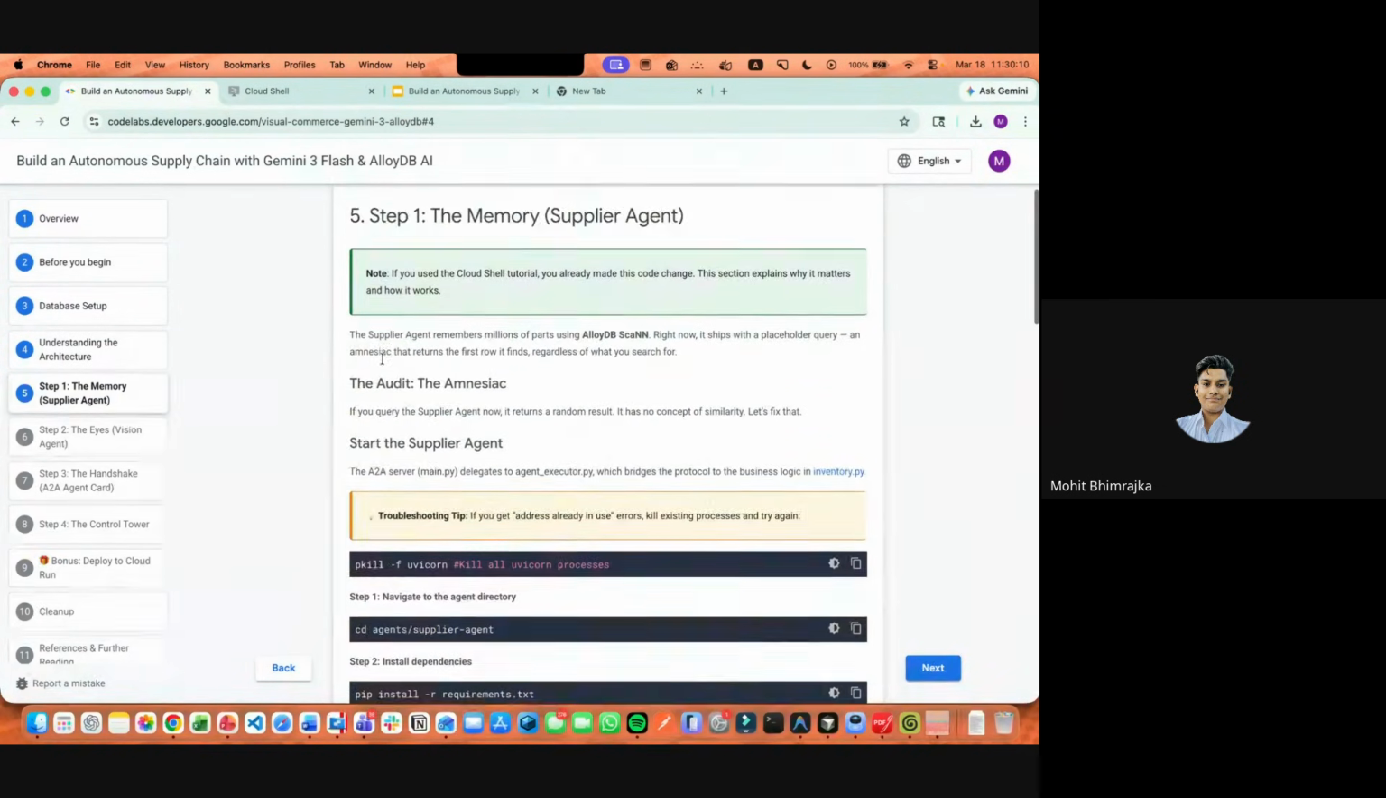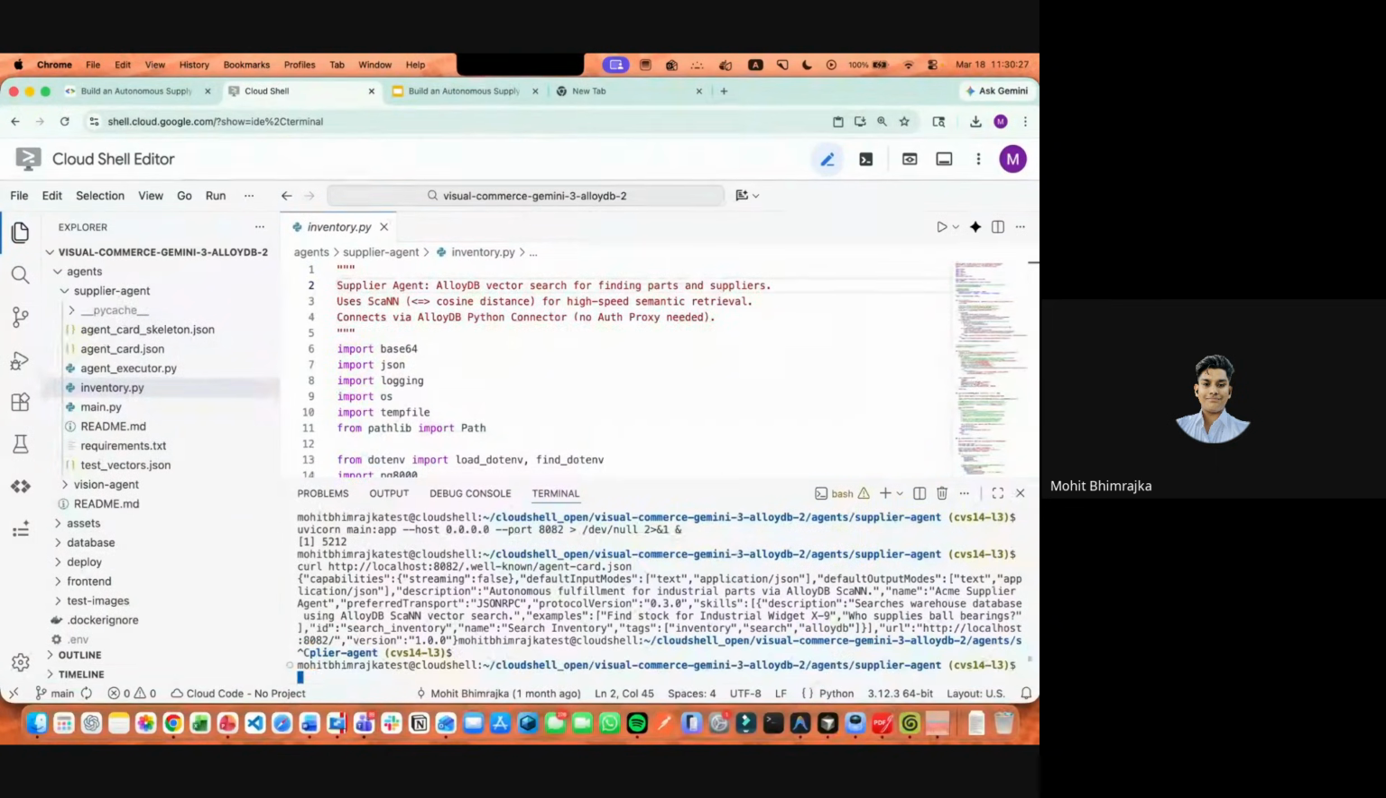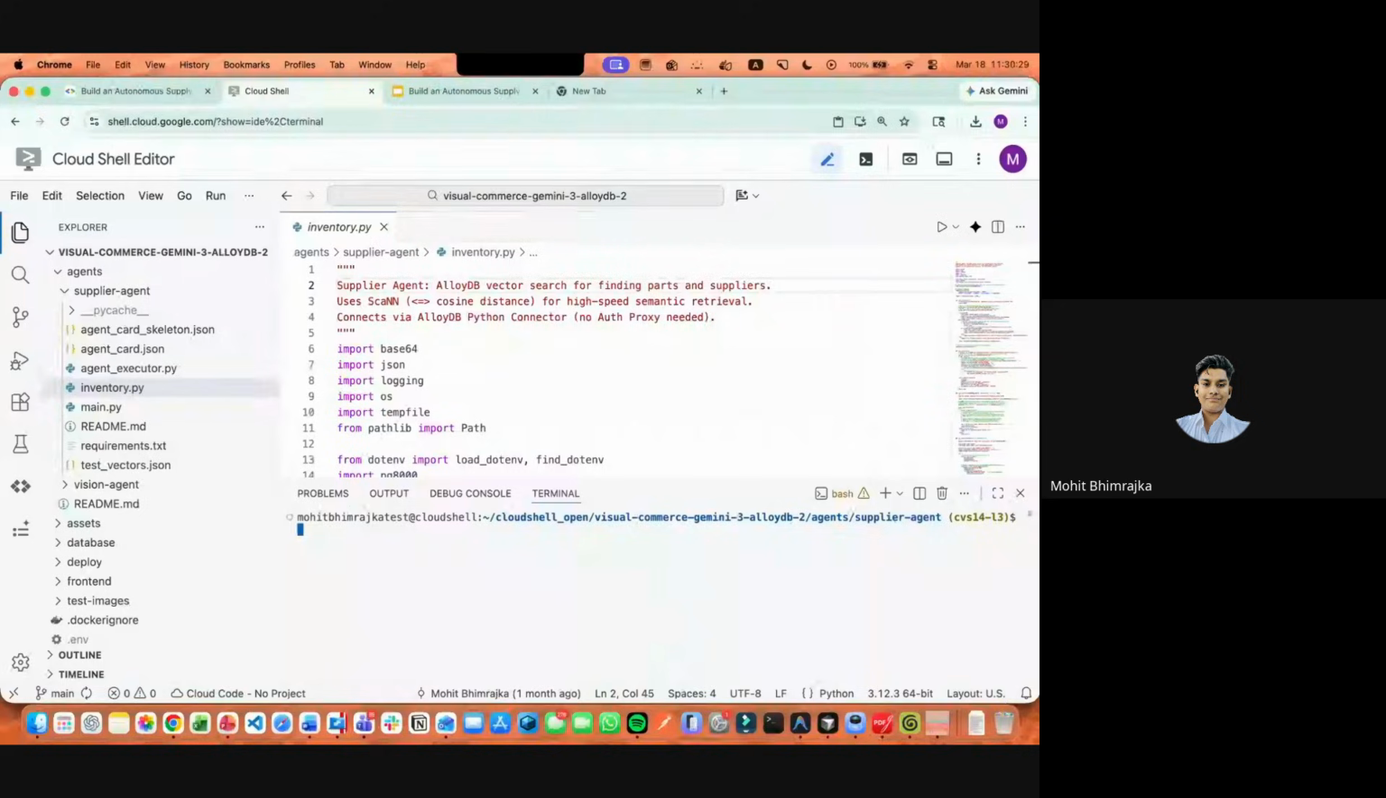So what you will want to do, I'm repeating once again, is make sure that you run this particular step first. Just make sure you run this particular step first, where you kill any existing servers that you have. I'll do it once again for all of you very quickly. Paste this particular command,